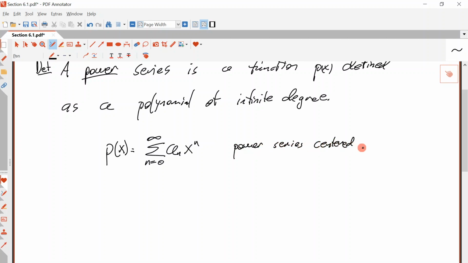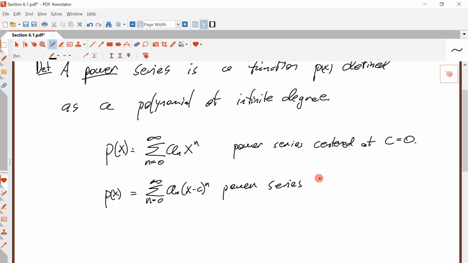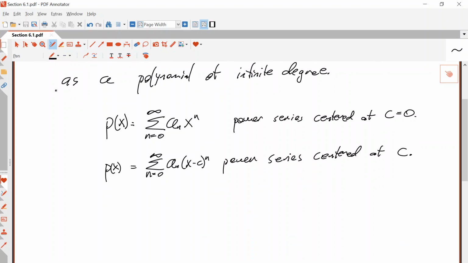centered at c equal to 0. And you could also have a power series centered somewhere else, the sum of a_n times (x minus c) to the n. That's a power series centered at c. Right? And, for example,